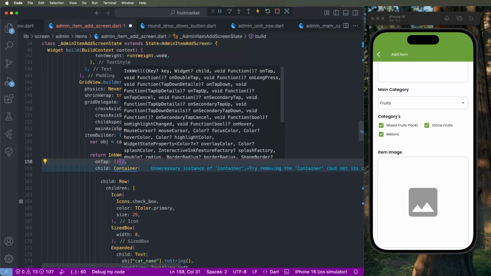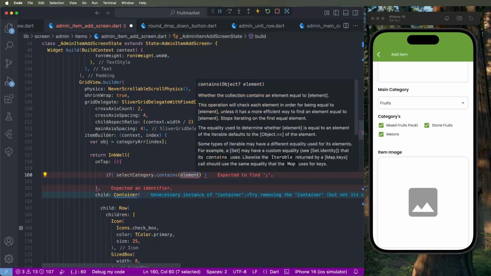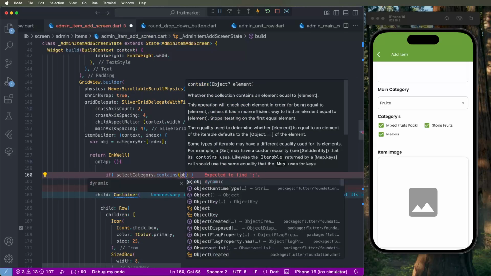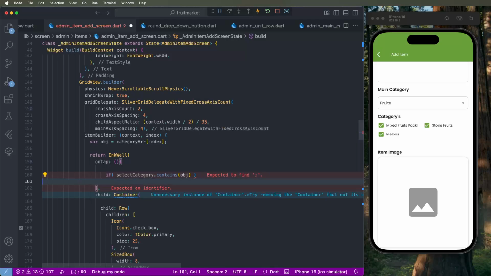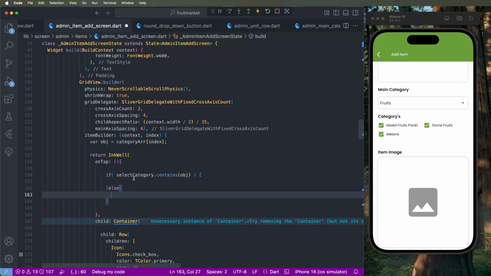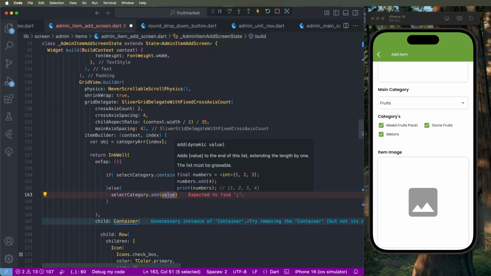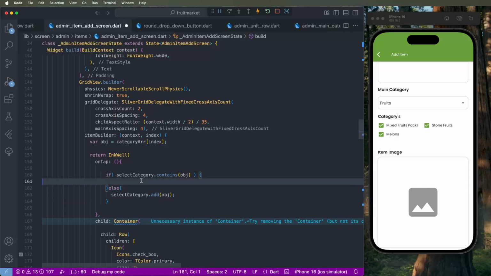Need to call here's, now need to check here's if array select cat contents, and going to give this here the objects counts here means here the remove for this list. Otherwise, need to add here's add this object. Same as select object dot remove